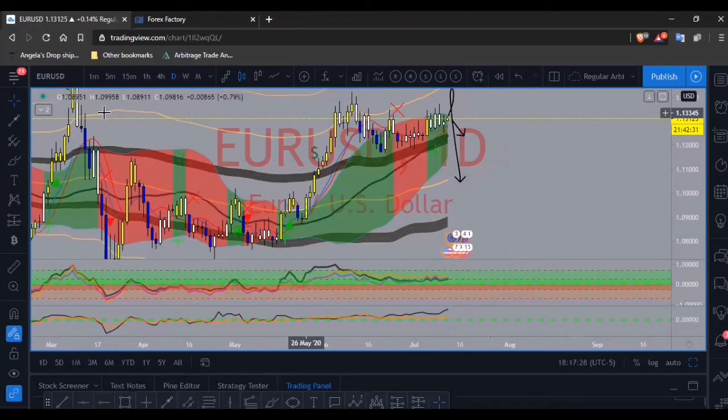I don't want to see it go all the way up here again. Although if it does, that could be a good entry for a sell, and then you have a higher risk to reward, which is always something that you want. But again, the RSI line is all the way up here. I don't know how much higher this can really go. So